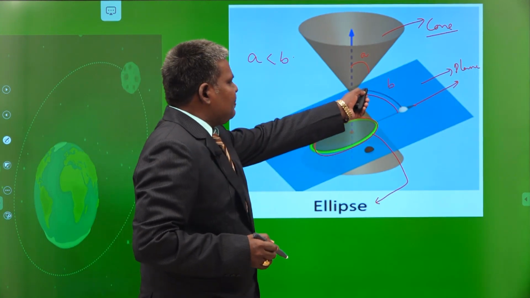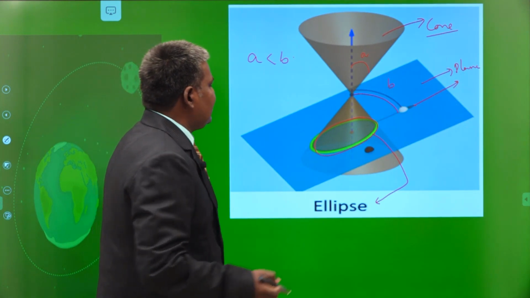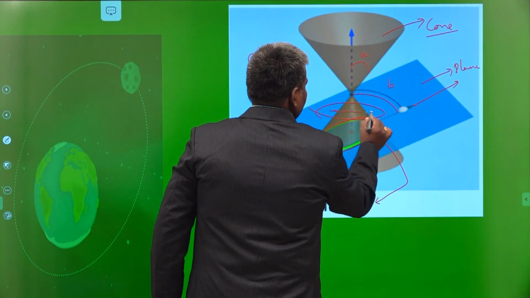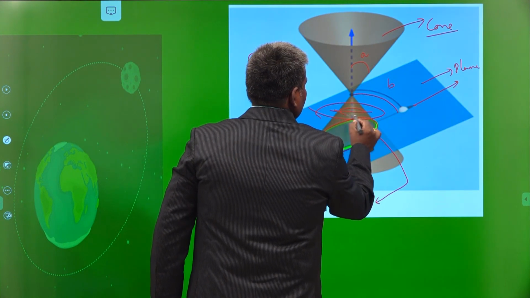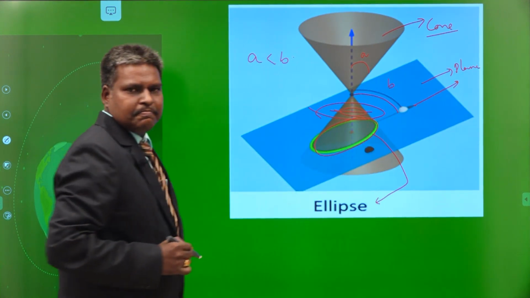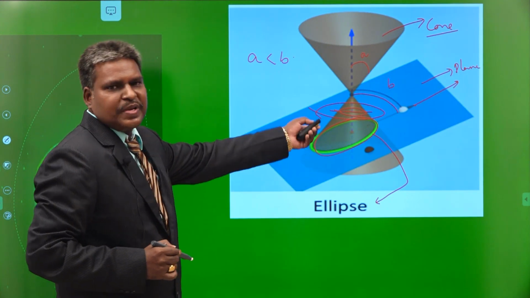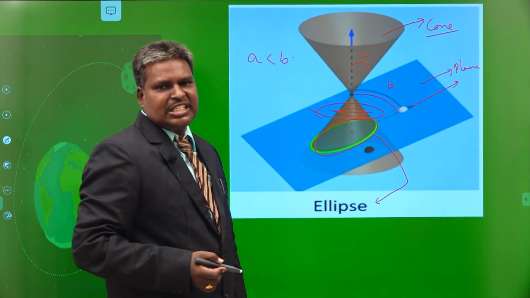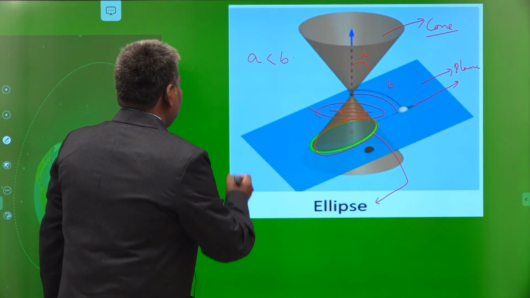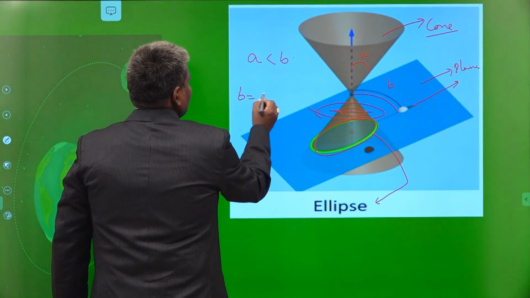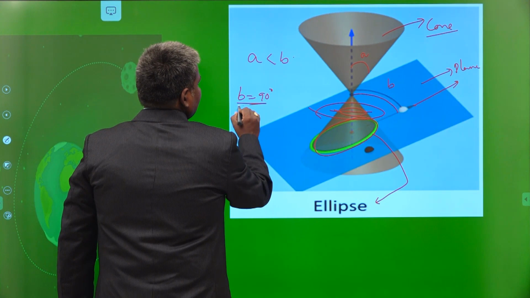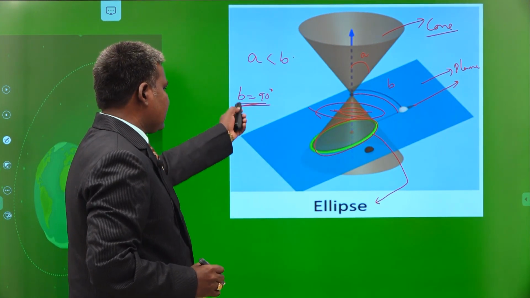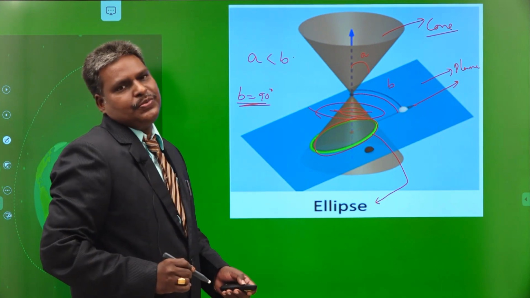If your angle B is 90 degrees, immediately we obtain a circle like this. So when your plane intersects in this manner, we obtain a circle. This is the special case, a special conic. Circle is a conic. We consider it a special case. When B is equal to 90 degrees, we get the conic called a circle. Here the special case is the circle. The main thing here is the ellipse.